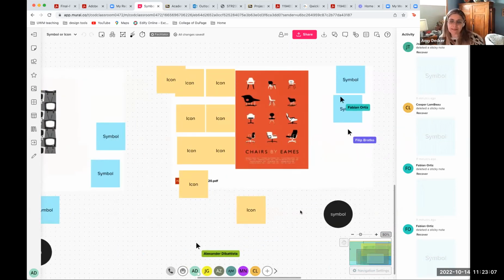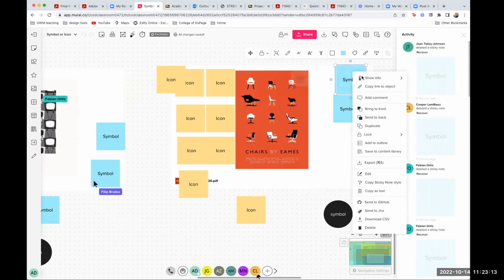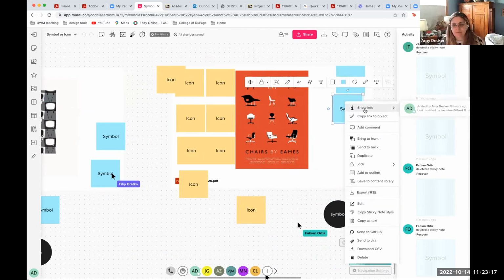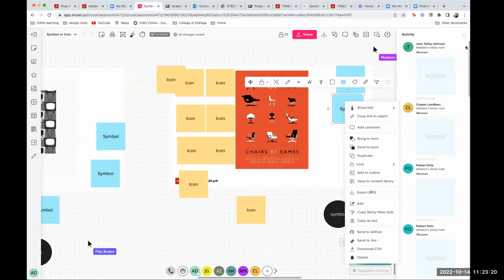Chairs by Eames. What do we think? This one was the one I had an answer for. Okay, great. This one, I feel like